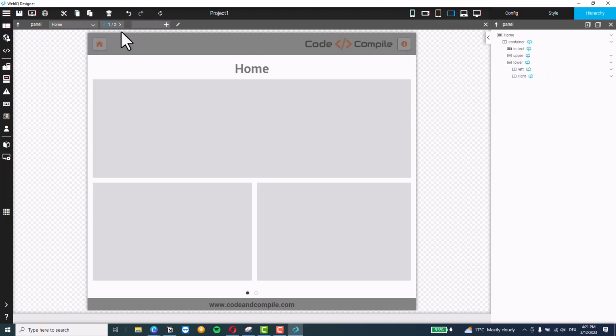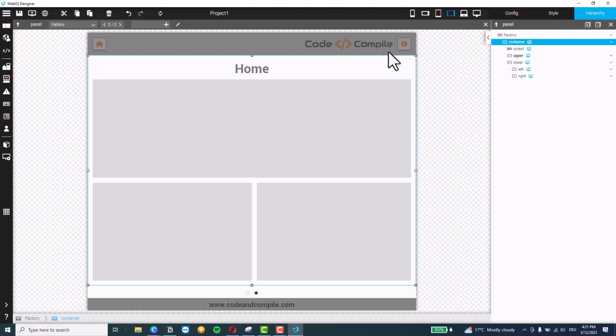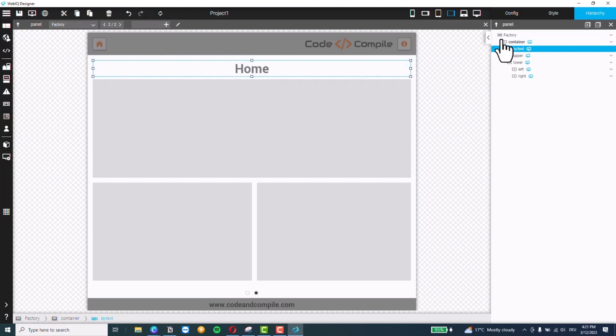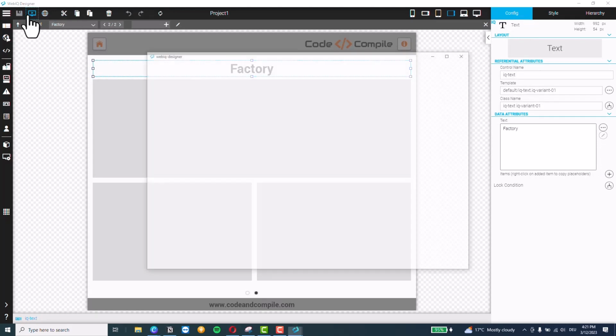What I can do is, super interesting, I can copy this container because this has everything inside the screen. You can copy, go to the next screen, and you can paste. Super easy. Now my second screen also has all these containers. Super fast, and I can just change this name from home to factory. All right, let's check it out now. We can save this, preview,